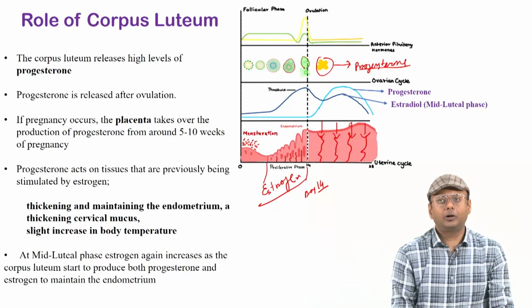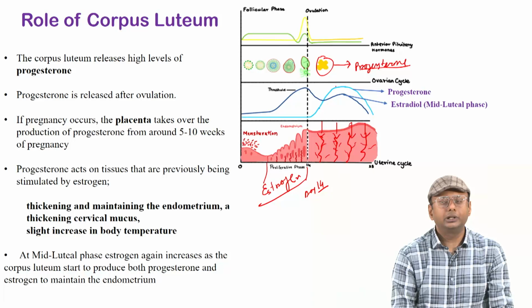So there is a lot of blood vessel formation, a lot of capillary formation. Basically the body is preparing the uterus with a stable and vascularized endometrium for a possible embryonic implantation, because if the embryo is implanted, it needs a lot of nutrients and oxygen, and these blood vessels of the endometrium facilitate the supply of oxygen and nutrients to the newly formed embryo. And who secretes the progesterone?